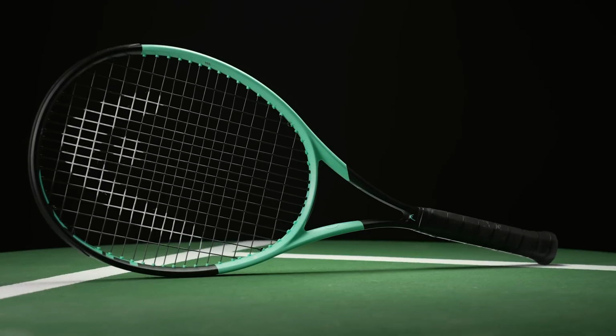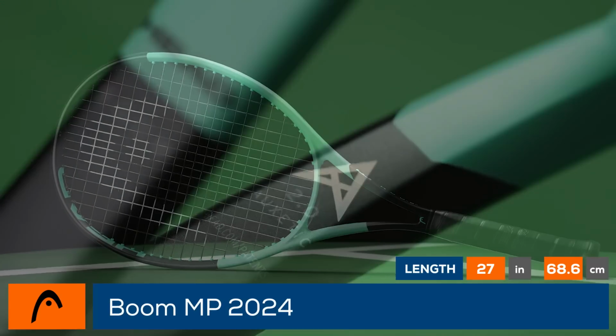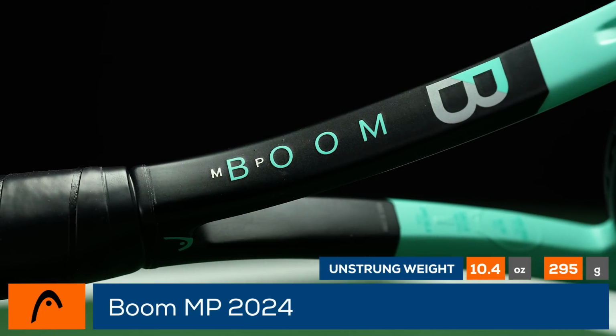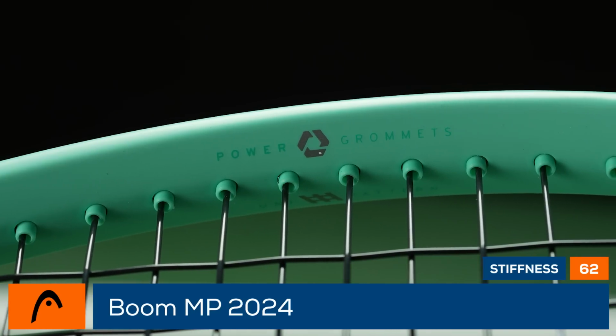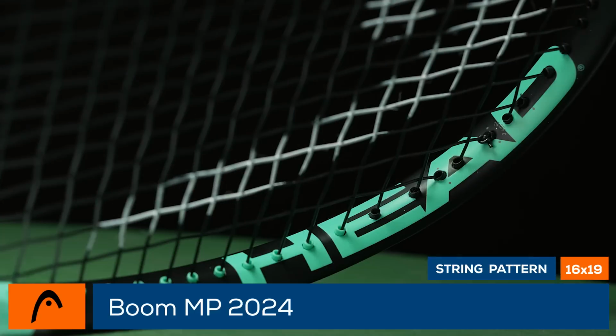Get ready to play some explosive tennis with the Head Boom MP 2024. Now in its second generation, the Boom MP is updated with Auxetic 2 material placed in the yoke and handle to optimize response. The racket remains easy to swing with its 11-ounce strung weight and head-light balance. Meanwhile, the Boom's unique head shape pairs with a 16x19 string pattern to provide easy access to spin and a